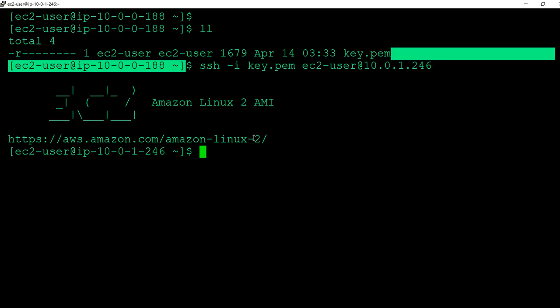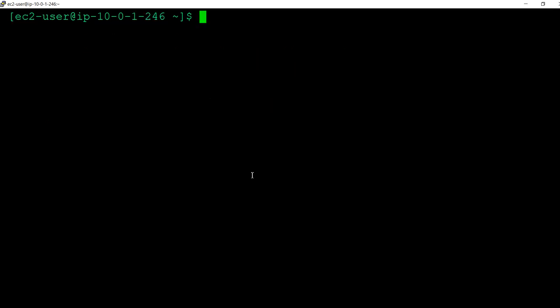This is how we need to connect to the private machines with the help of one machine. In real time also we will use it like this only. We will create one machine in the public subnet, which is called a jump host or bastion host. With the help of that we will connect to the private instances. So we will restrict the traffic in the bastion host to only the private machines. There is no other traffic.